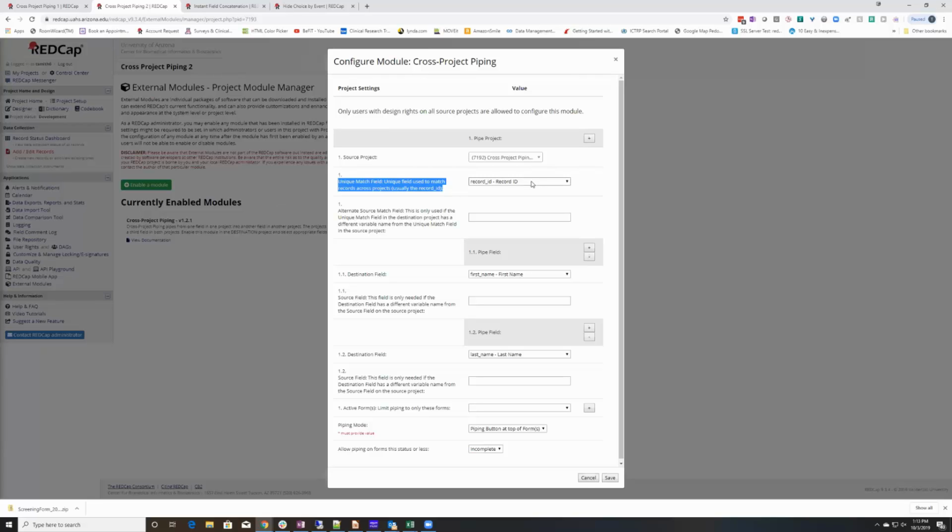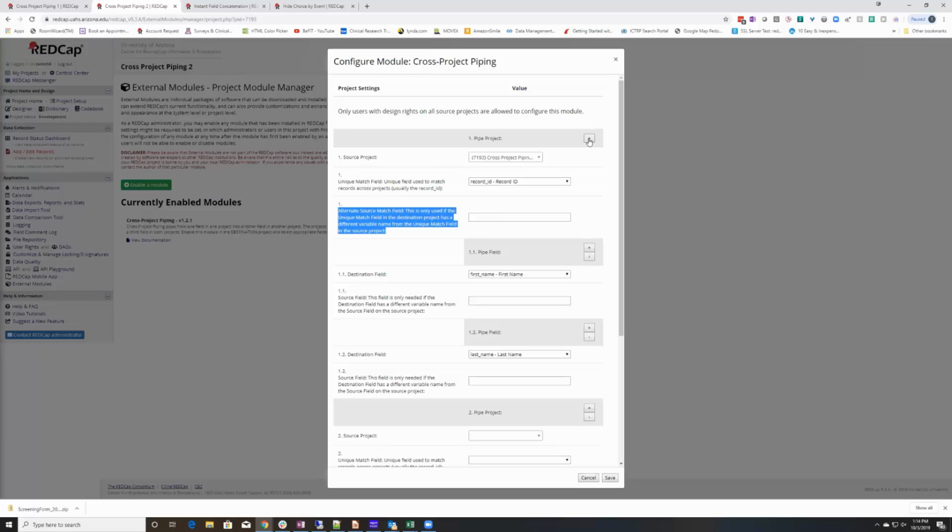Okay, so I want to match the record IDs from this project. Now, below that, you can see that you can match to other projects, and you can add projects here and pipe from different projects and pipe different variables. But you'll understand this a little better as we view it,